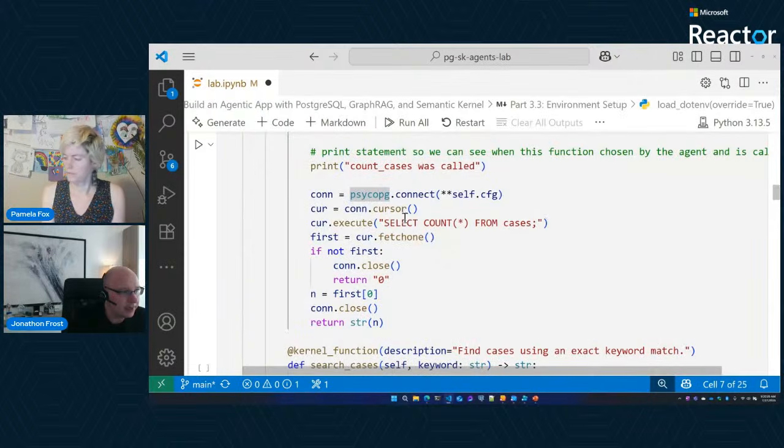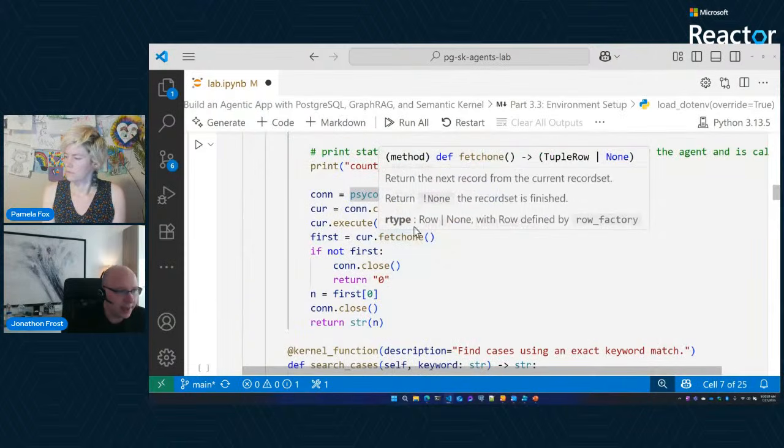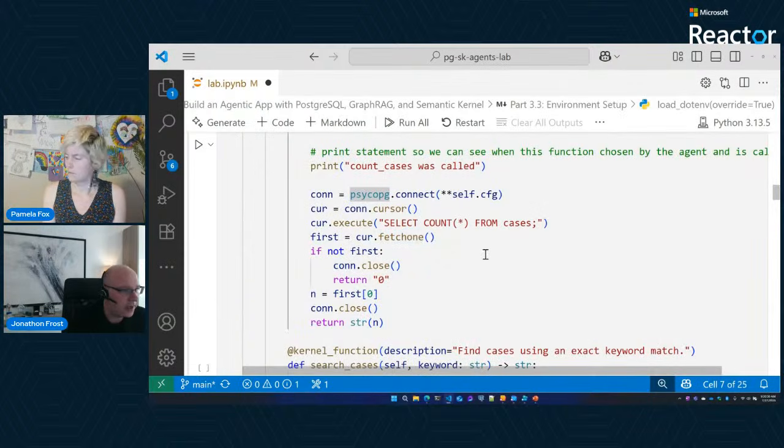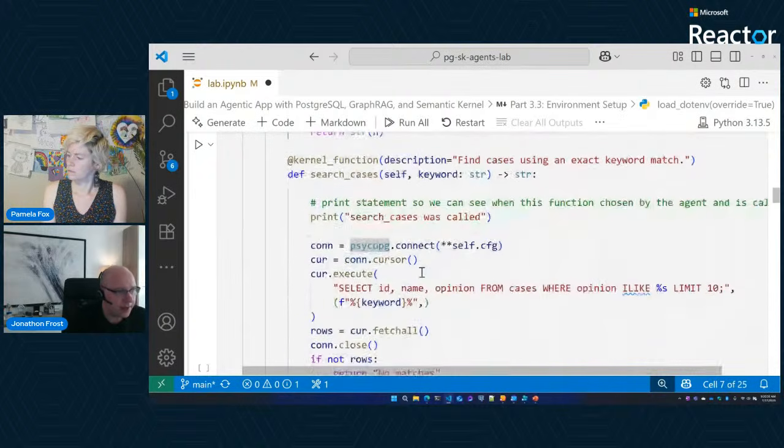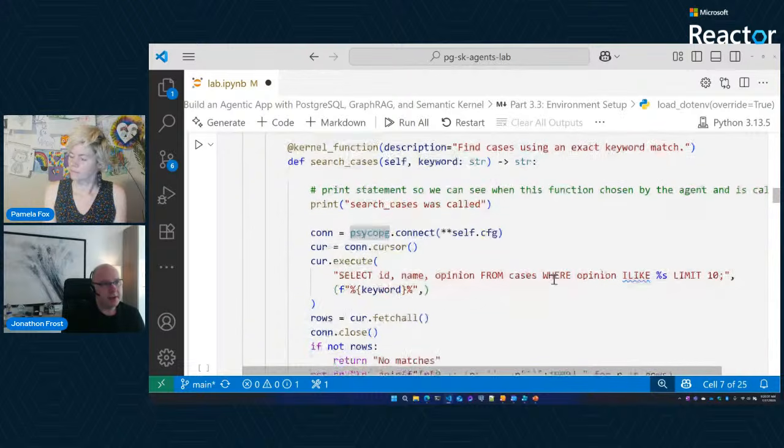So you can see that's how we are able to open our connection, execute a very simple select count, and then return the results back. Then our other search query is just to illustrate the concept of what we had before we move into doing vector-based searches. This is to illustrate before we had vector search, when we had fuzzy match and keyword search using the ILIKE statement.